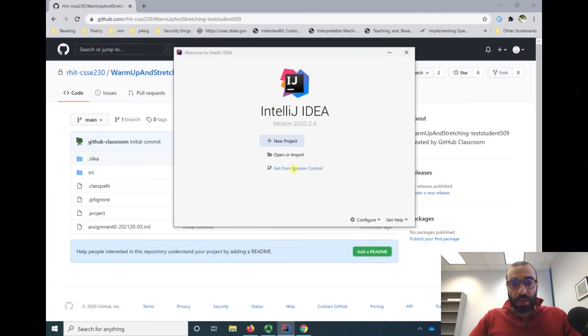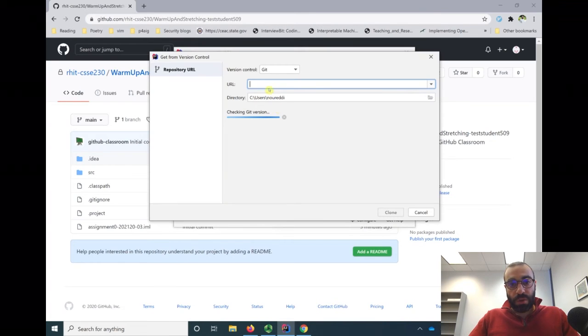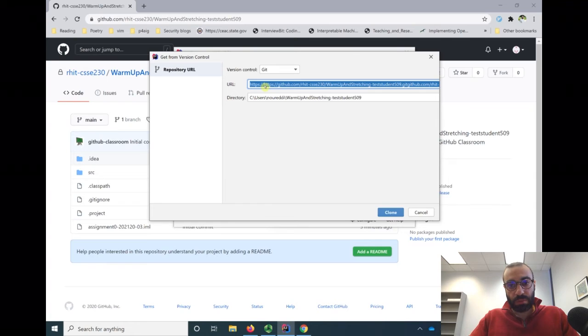So let's go ahead and get from version control. The URL is going to be the one we copied. There we go. Okay, so it's going to be C users, and then this is the directory where it's going to save my cloned repo. So we're just going to hit clone,